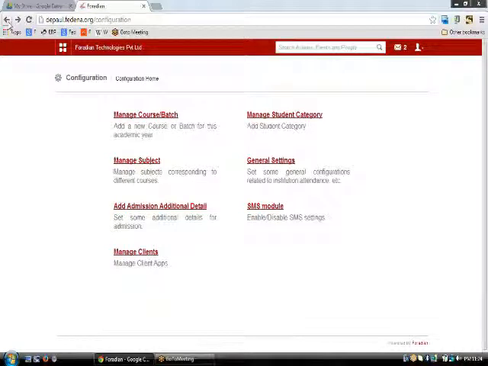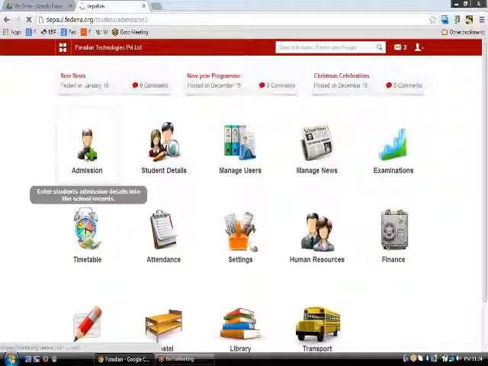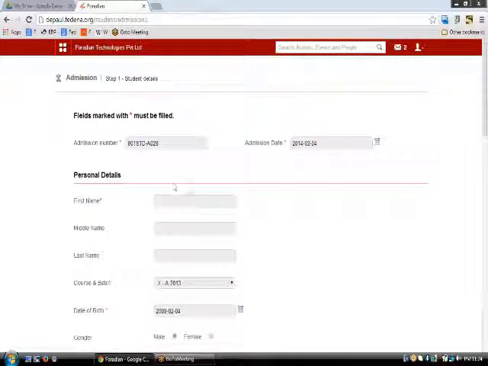So having finished all the configuration part, now let's move on to admitting a real student. So let's click on the admission link from here, and when you click on the admission part, you will be redirected to a page where you have to fill the form so that a student will be admitted. So here you need to type the first name, like let us say the name of the student is Sam,